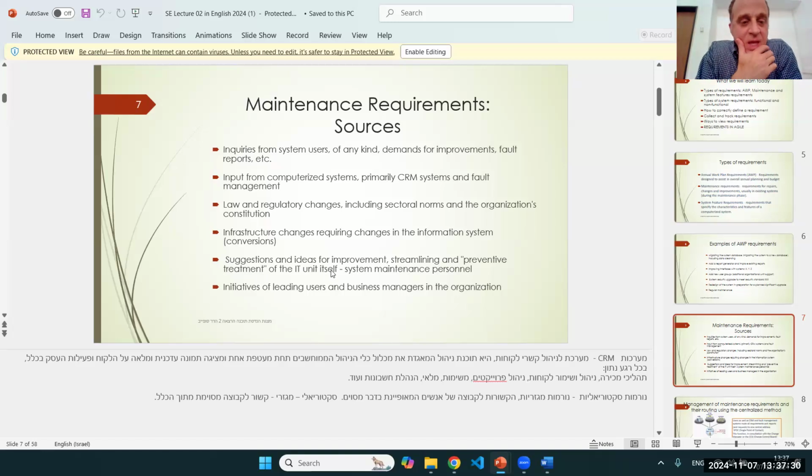In other words, the IT people sat down and said, the people who are making this system maybe decided that they need this thing to make it better. System maintenance personnel: maybe the people who are maintaining it say they're always stuck with this problem, and we can improve the ability to maintain it. Initiatives of leading users and business managers could be top down, right? It could be the president of the company says he wants something. Okay, these are all sources of